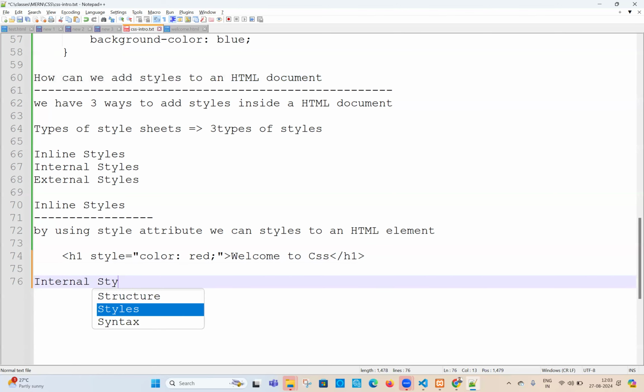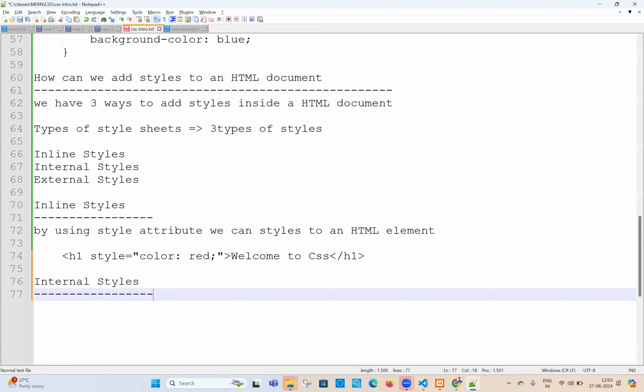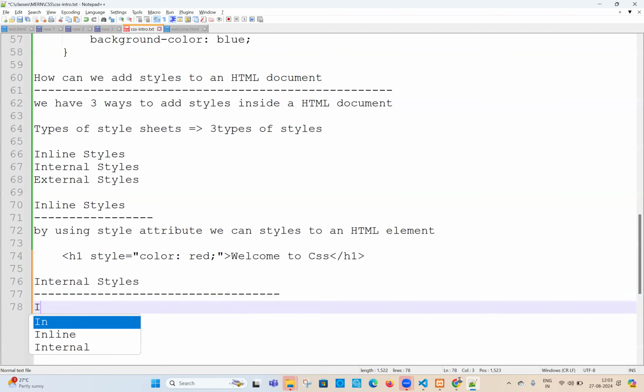Internal styles. What is the meaning of the word internal? Internal reference only, internal document only. If it is an internal document, can I share it outside? No. Internal means it is available inside the document only. Write the pointer: internal styles are